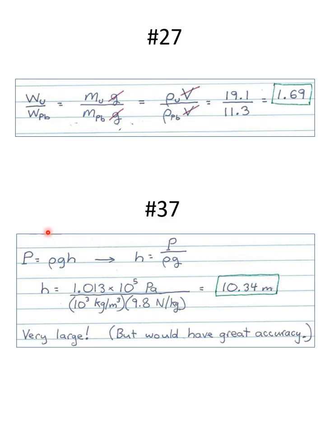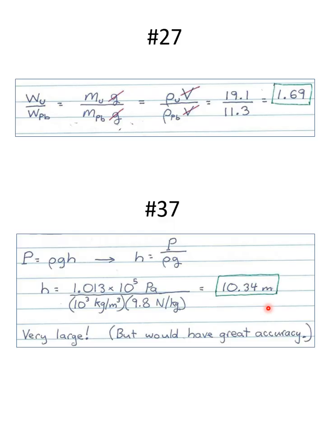pressure is rho GH, density times G times the height. We want to solve for the height, so it's pressure over rho times G, and we'll plug in pressure. We're looking at the air pressure of 1.013 times 10 to the 5th pascals. We're going to divide by the density of water, 1,000 kilograms per cubic meter. G is 9.8 newtons per kilogram, and the units are going to work out to be meters, and it's 10.34